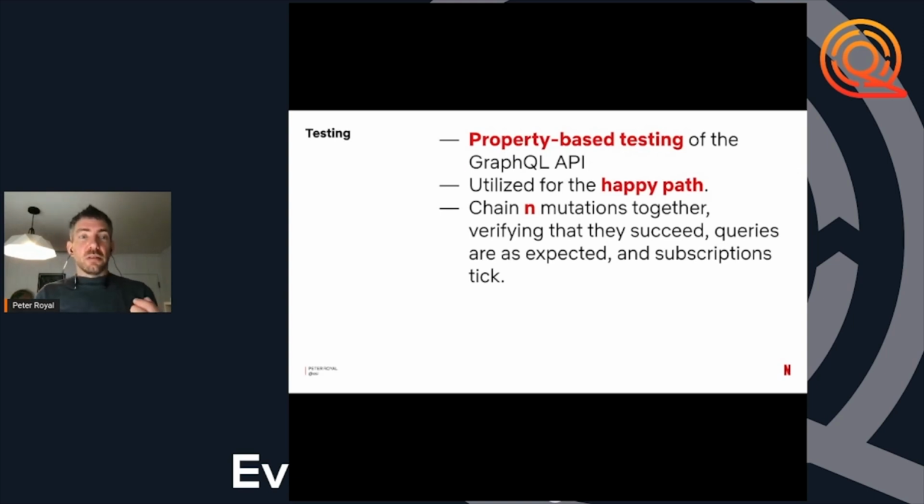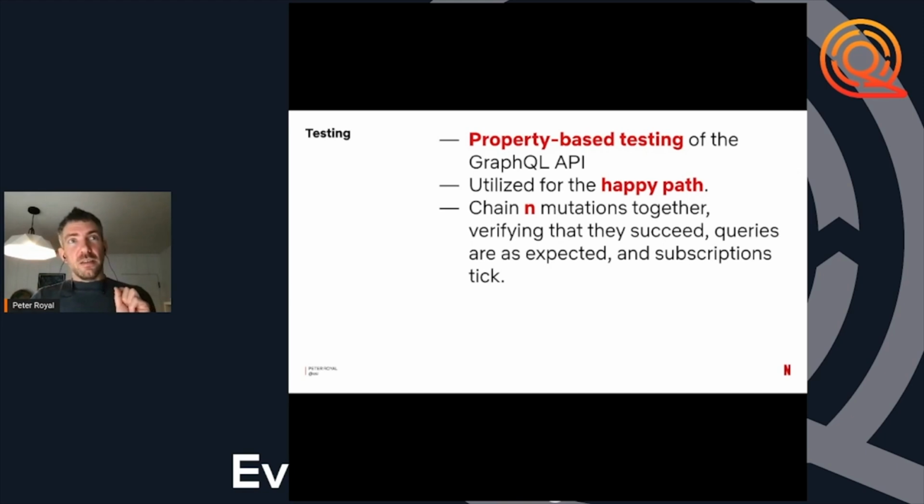I found that the GraphQL API, when designed this way, is also very amenable to property-based testing. We mainly do this for the happy path. Each mutation is making a very specific change. We are then able to generate a random chain of mutations for changing the data in the system.